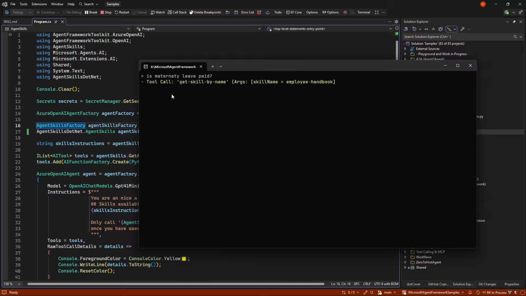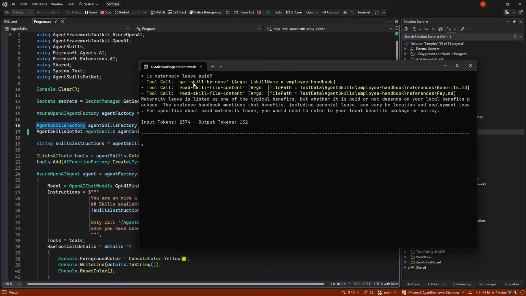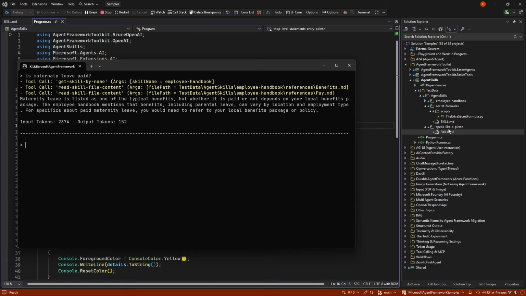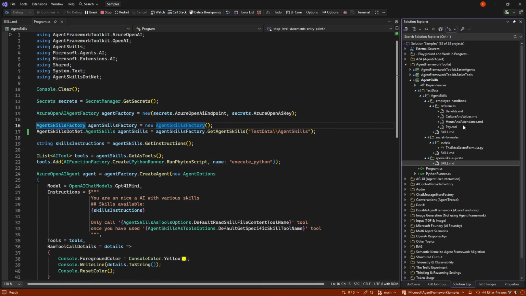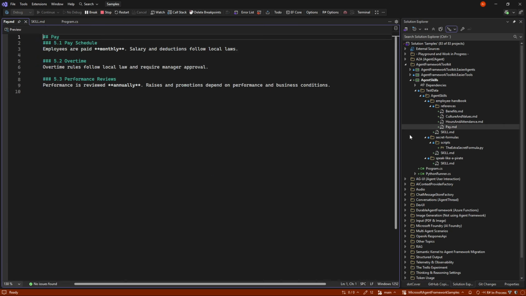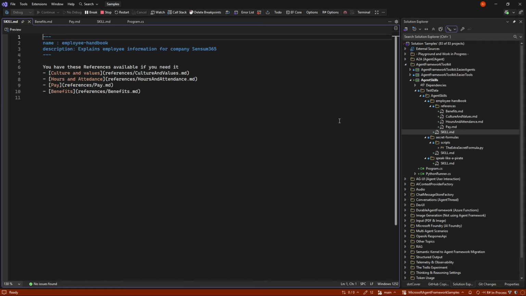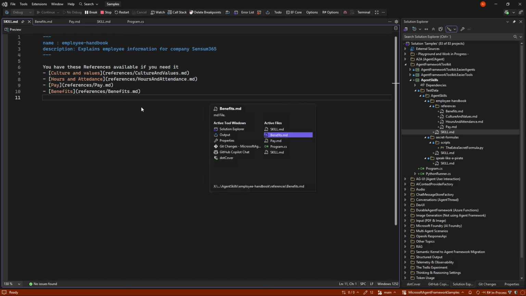So what's happening now is it's getting the tool by name. And the reason why it could do that directly was because it was put in the instruction what each of the tools are called. And it then looked both in the benefits part of the system and the pay parts of the system. So it on the fly read what was in this file and what was in this file. Of course, it got all that was here, so it knew that it had those available.